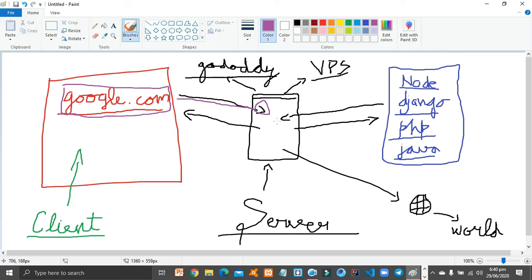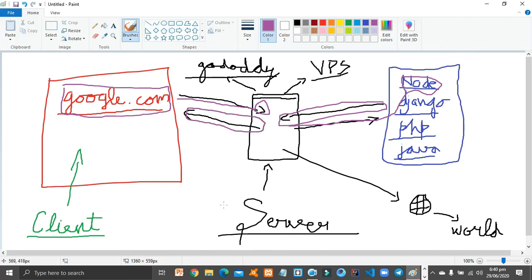In that server, the code is written in some language, but I'm assuming it is written in Node.js. In Node.js, the logic is written that if a request from google.com comes, the backend server sends you a response of an HTML, CSS and JavaScript mixture, which makes a layout, and you see a website.